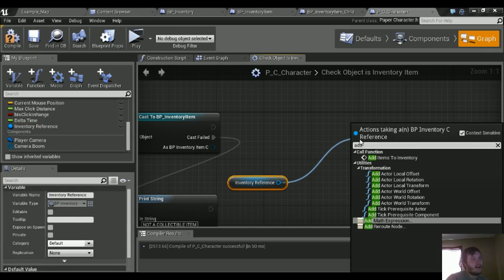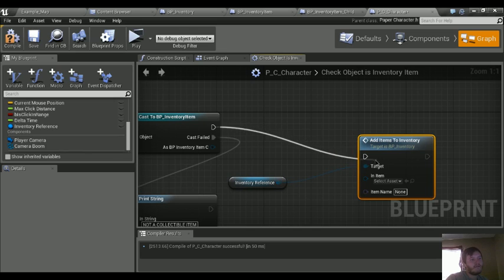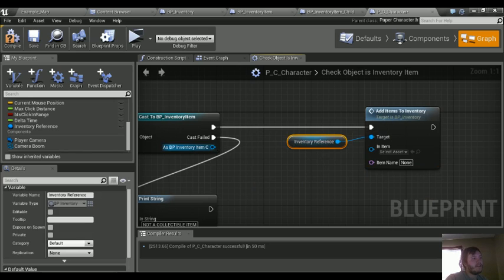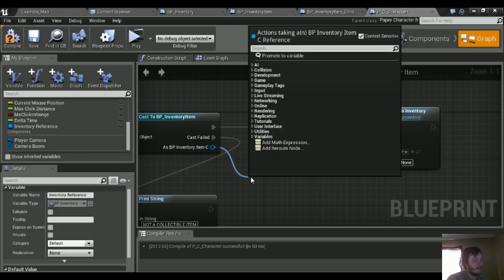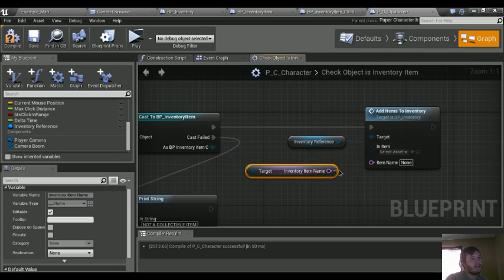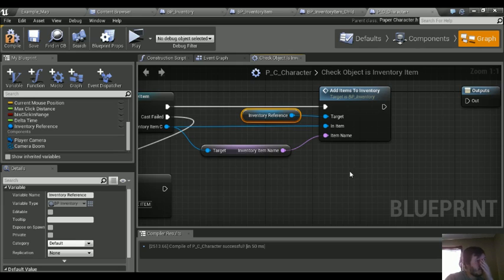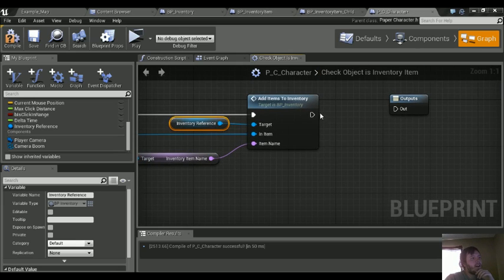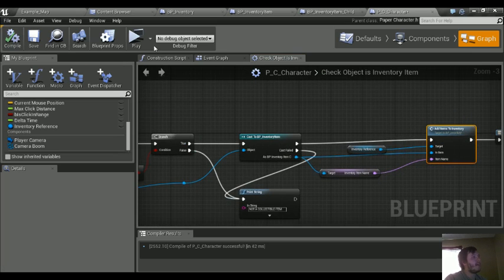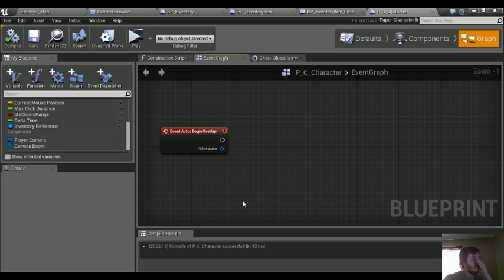And we're going to call add items to inventory. Throw that in. And what we need to do now, from here, we need to get the inventory name. And we'll throw that into here. And we'll also just throw this guy into the in item. And if necessary, output, we'll throw this out there. So compile that. Now that we created the macro successfully, let's go to the event actor begin overlap, that's our character